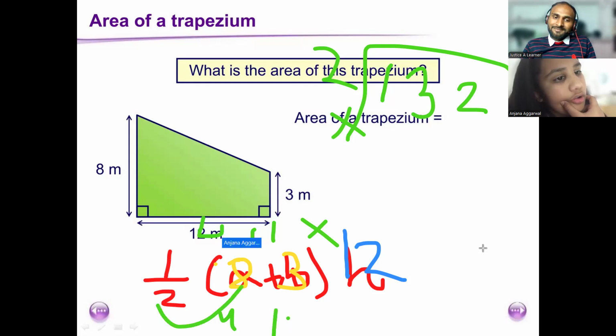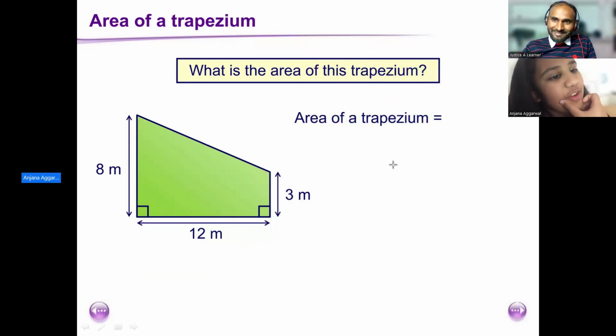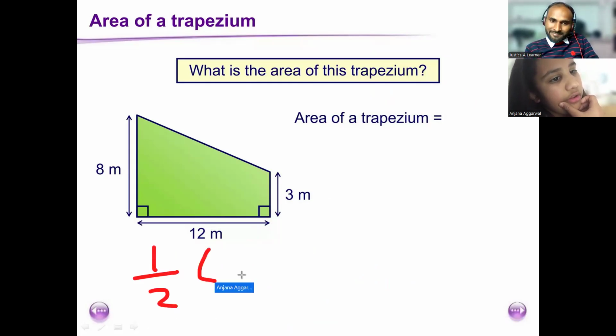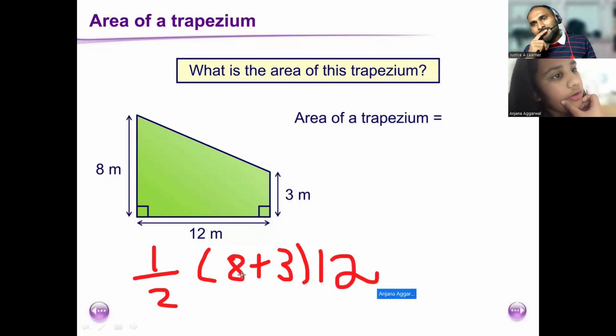So 4 plus 4 plus... no, 3 is, no. Wait a moment. I'm doing it. You are just confused. Wait, can I do the method again? 1 over 2, 8 plus 3, into 12. So what I would do is 8,